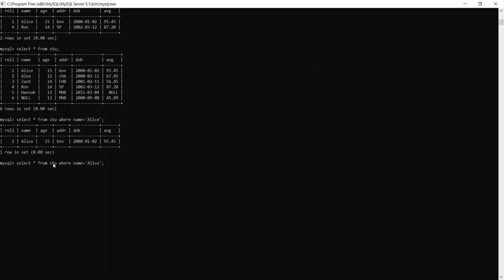So first of all, instead of is equal to, I will write LIKE here: where name like 'A', and after A we can have 0 to infinite characters, so I will write percentage here. It means the first character has to be A, then after that 0 to infinite characters, meaning you can have as many characters as you like. If I use this, you can see that it is showing me both the records.